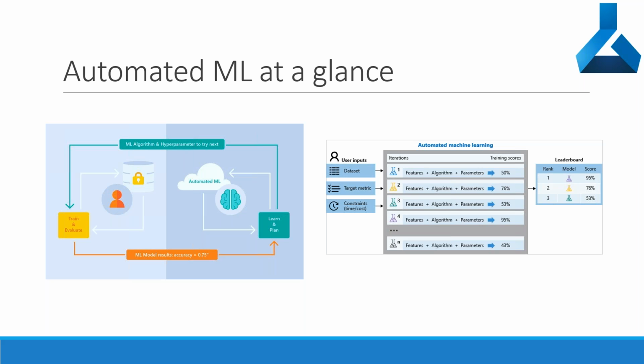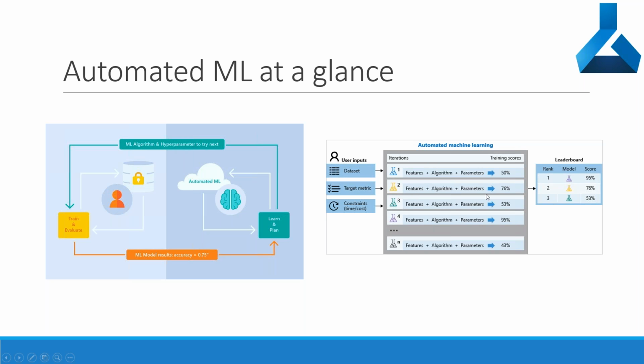So just a quick thing around looking at a glance of automated machine learning. I have got my automated machine learning model here. And as I said, it is a cyclic process. So you get the data, you choose the algorithm, you choose the parameters, then it creates the model, you deploy the model, and again, it goes through the same thing. So it will learn and evaluate based on the outcome of the model and the new data that is arriving. And it keeps on going as a cyclic process.